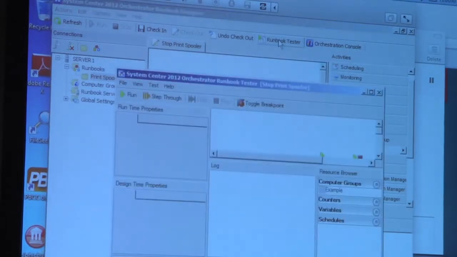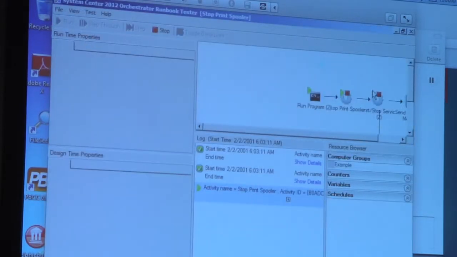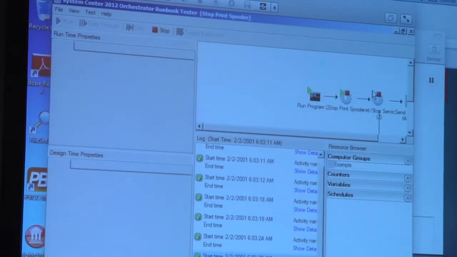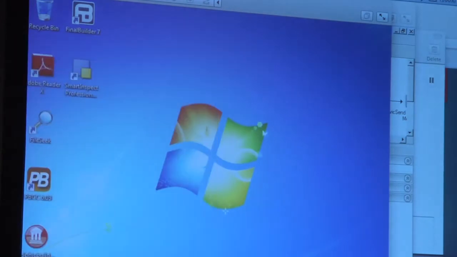So I'll go in the runbook tester, and I will run this. My laptop's a little slow, but you can see that it's running these tasks. This is similar to Final Builder, but it's really cool. So it's doing all this workflow, and I've not written any PowerShell right now. All this has just been drag and drop. And I'm done. So let's go on to my client here, and I better see a corresponding